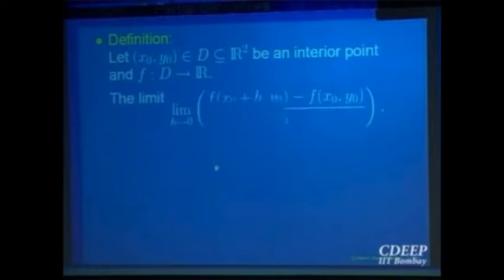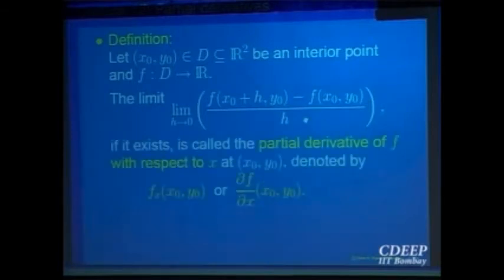f is a function. Let us fix y naught, and let us look at the point x naught. Now you get a function. When you fix y naught, it is a function of the x coordinate, f(x, y naught). For every x, you can ask whether this function is differentiable at the point x naught or not. So you fix the second variable and look at a function of the first variable, and ask whether this is differentiable or not. That means this is a limit that you are looking at: f of x naught plus h, y naught, minus f at x naught, y naught, divided by the increment h.